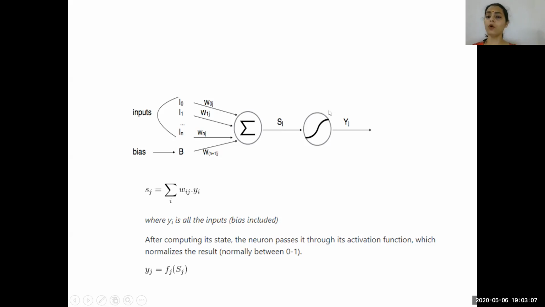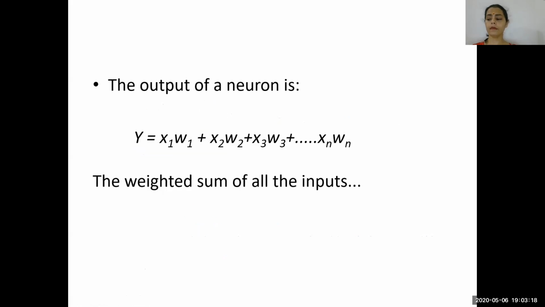Cross this threshold, only then this neuron fires, and the output is then passed on through the synapse to the next neuron, and so on. Let us look at what the output of this neuron will be like. The output will be simple, as in x1 into its weight w1, the input x2 into its weight, the input x3 into its weight, and so on for all the n inputs that are there. So basically the output of the neuron is the weighted sum of all its inputs.